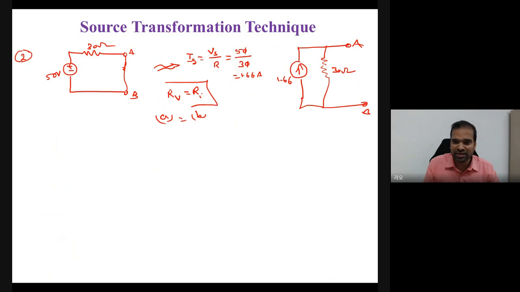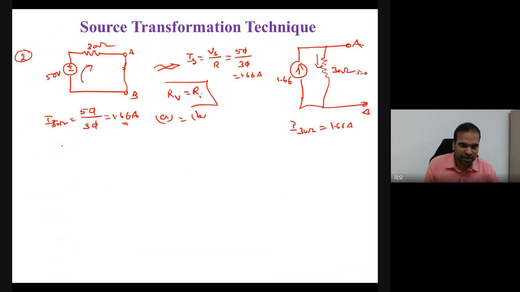Now we want to know whether this is correct or wrong. See here, what current is flowing in this circuit? Current at the 30 ohm resistor: I equal to V by R. So V means 50, and R means 30. Therefore, this is 1.66. The current flowing at the 30 ohm resistor is 1.66 ampere. Now, in the other circuit, see, this is an open circuit. So current I equal to 0. So the same current will flow through the 30 ohm resistor. Therefore, 1.66 ampere. Now, after conversion, the current at the 30 ohm resistor is the same as the current at the 30 ohm resistor here.